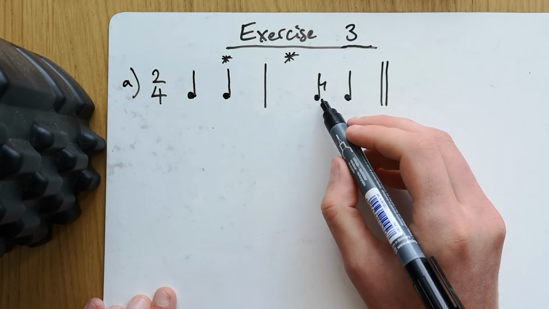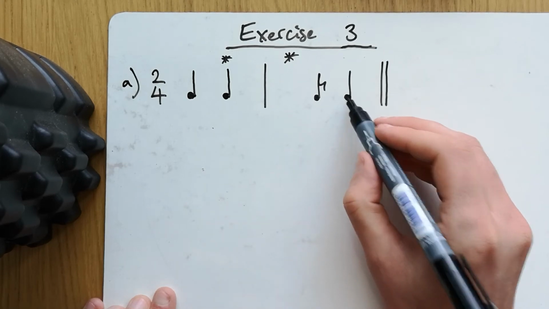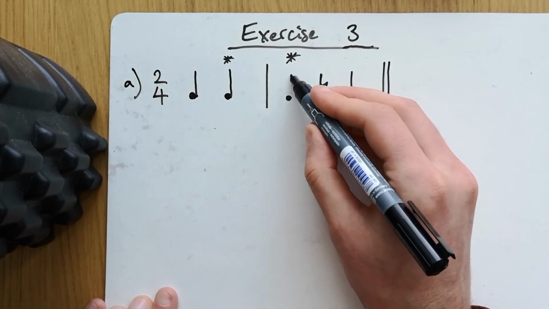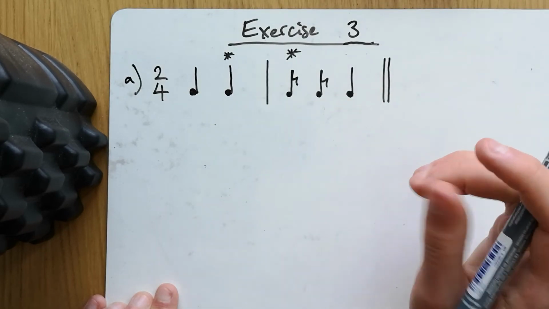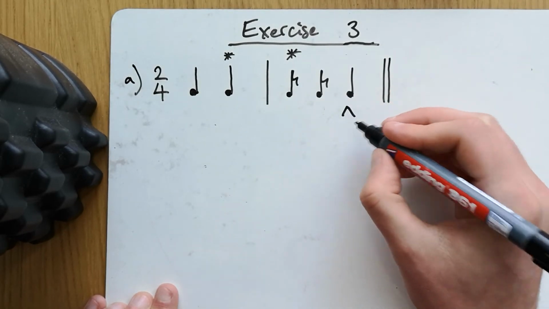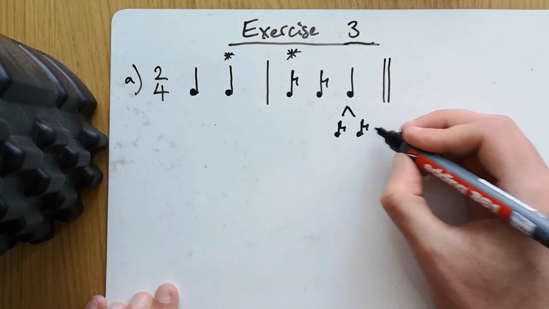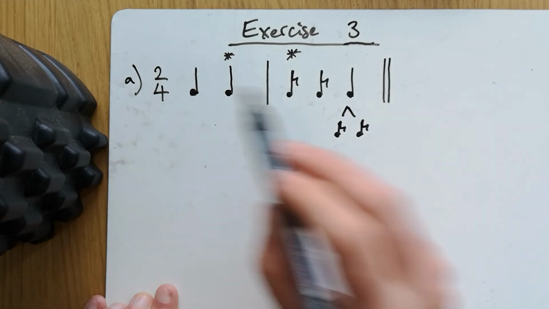I know that in a bar of 2/4, there should be 4 quaver beats. I've got 1 of them. This is equal to 2, so I've got 3 so far, so I need a single quaver beat in here, okay? Because this is where your time values from earlier on come in. I know that this is equal to 2 quavers, okay? And I know that there are 4 quavers in a bar of 2/4, or